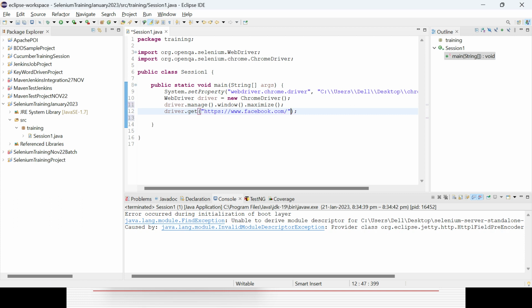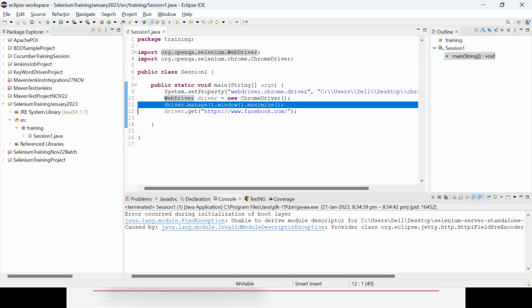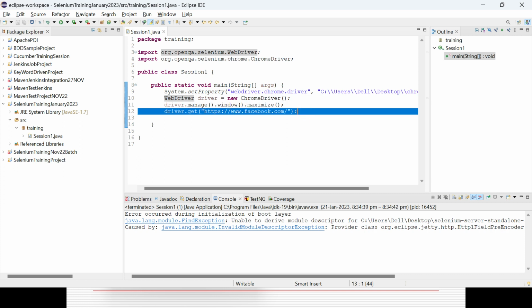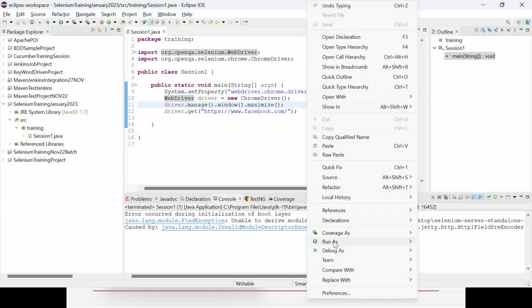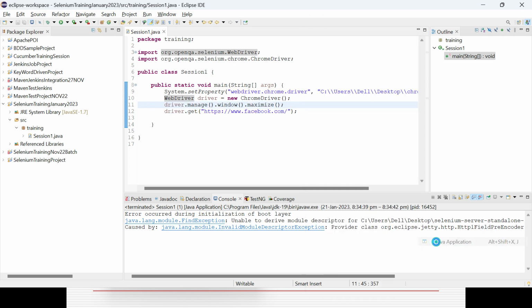So that is my first code I have done. I have set up the property for the Chrome driver, right? From the Chrome browser, I have created the object or instance for the WebDriver and the Chrome driver. I want to maximize the browser, and I want to pass the URL. I want to open the Facebook page. So that is my first line of code. Now if you run it as a Java application,